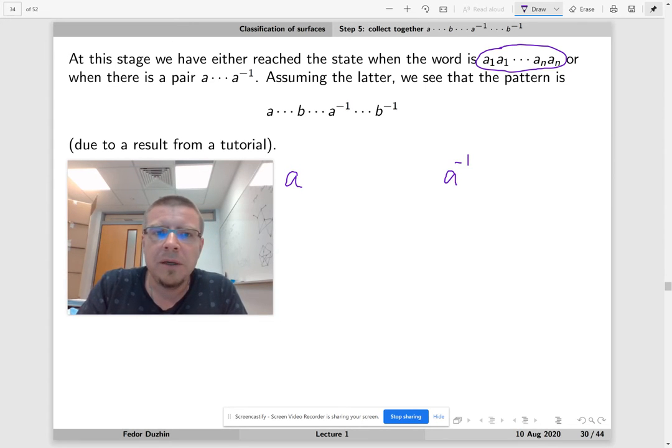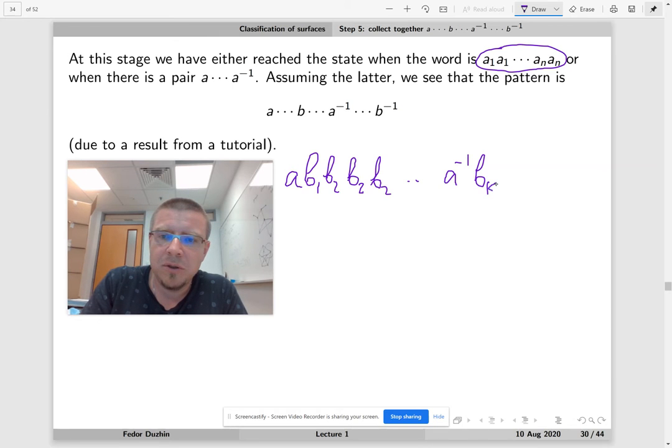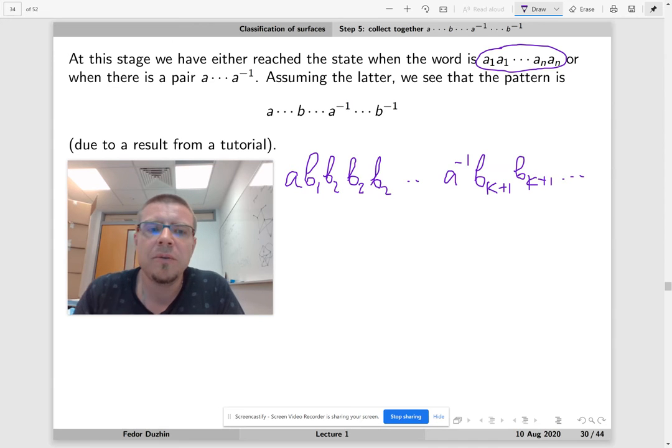Now, if all other labels do not appear with inverses, right? So it means that they all appear in pairs. So we probably could have something like this: A, B1, B1, B2, B2, and so on. So they all appear in pairs. And then after A inverse, we will have something like B_{k+1}, B_{k+1}, and so on. So they all are going to appear in pairs. Right? Now, this may be the case, but